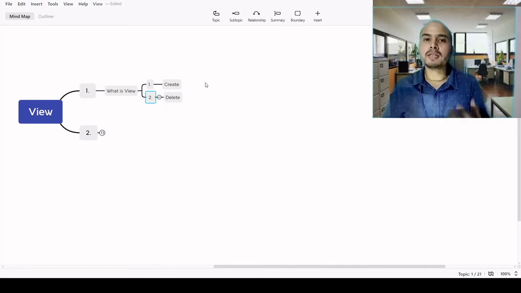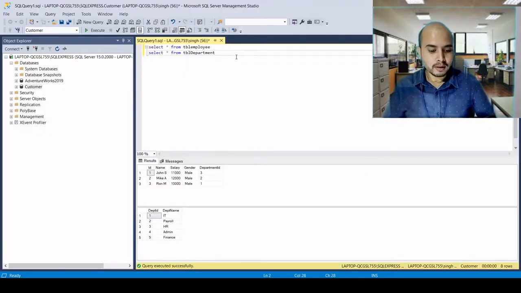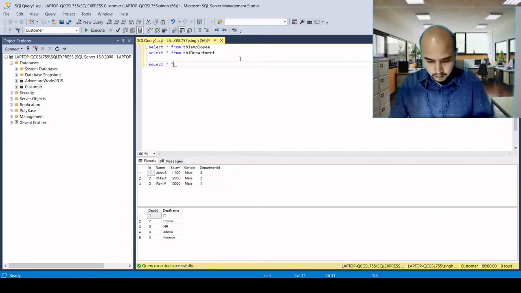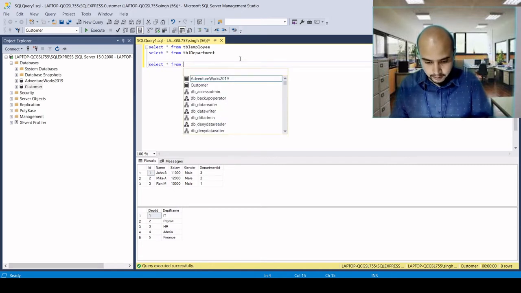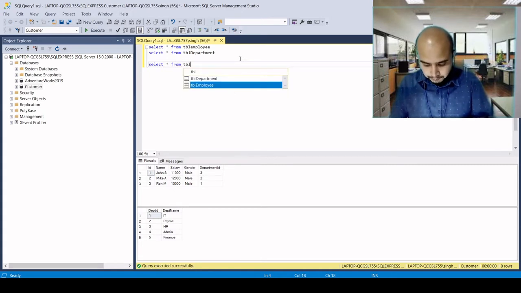Let's first start with how we can create one. So here we have two tables. Number one is TBL employee and number two is TBL department. So let's select one from TBL employee.